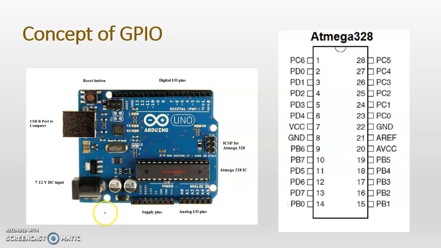So these are some multi-functions also. And if we see in this hardware, the port pins are available. On this side we can see the digital input output pins. Some of these pins are PWM pins, 6 pins are assigned as PWM pins. Then analog input output pins, which are A0 to A5. So these are the pins available to connect any interfacing device or sensor at the output.